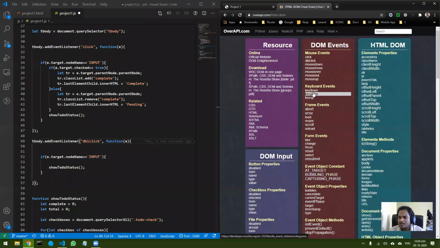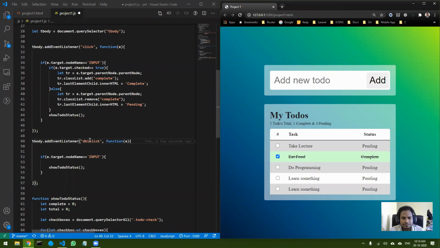Then in case of keyboard events, if you want to create some action where you want to run a particular thing using some shortcuts, then you can use this particular event. Like that, there are a lot of events. Form events are there too, but I am using this double click event. So let's use that.